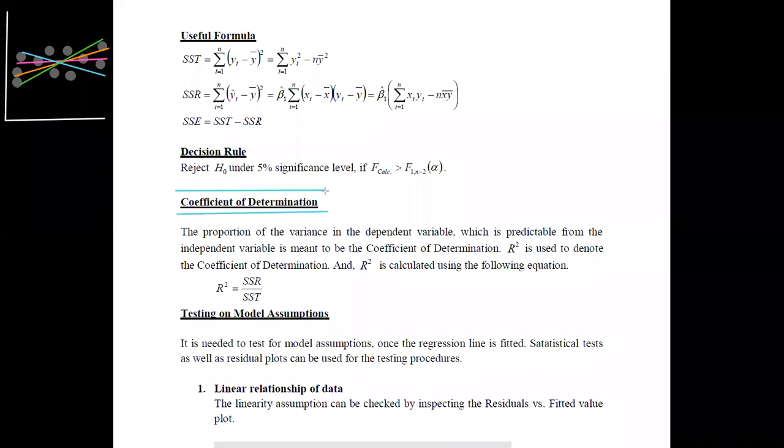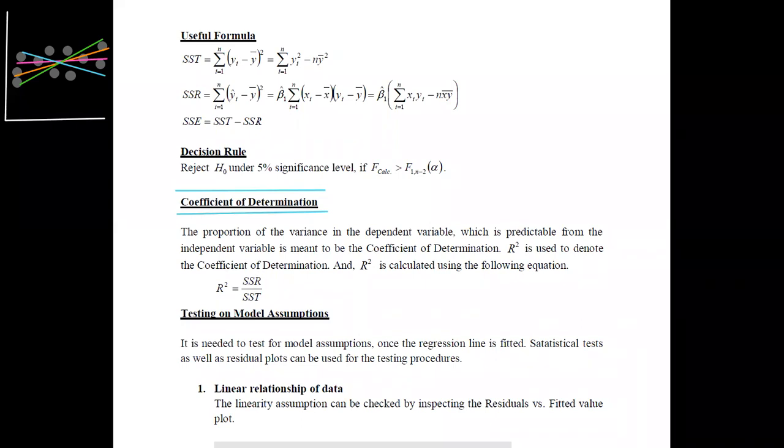Simply, we can say it is the variation which we can explain using the fitted model. The notation we use to denote this coefficient of determination is r squared, and you can obtain the value of r squared by taking the ratio between regression sum of squares and total sum of squares.